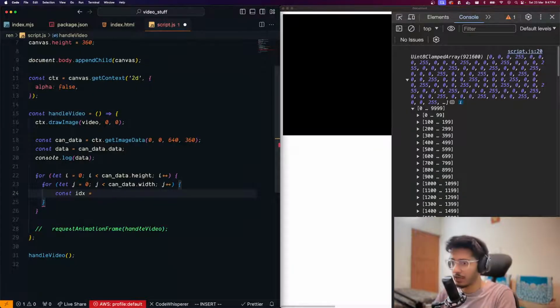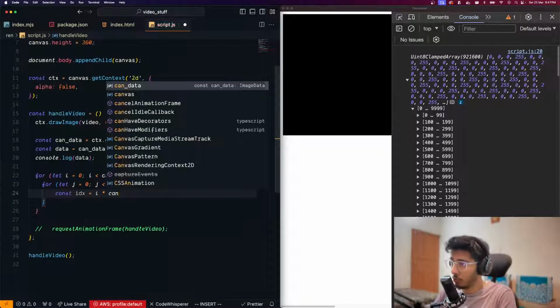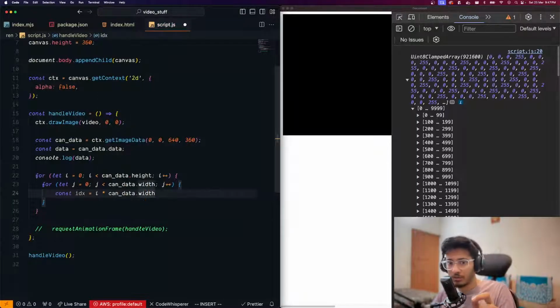I can take a one-dimensional index by imagining the height, right? So I can take height multiplied by the width, and because every pixel is represented by 4 values, I can multiply this with 4, right? So that's the height, and then how far away are you from the... I'll explain that in a while. If you are not getting this, please let me know, okay? I'll explain this, okay? So I can do 4 times this